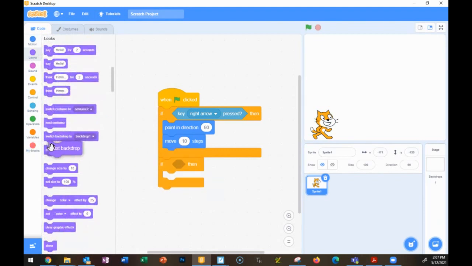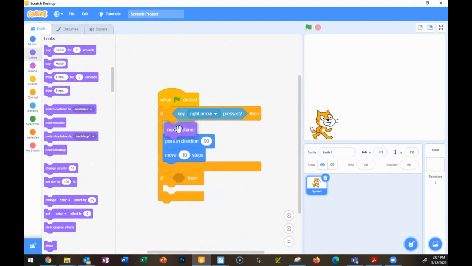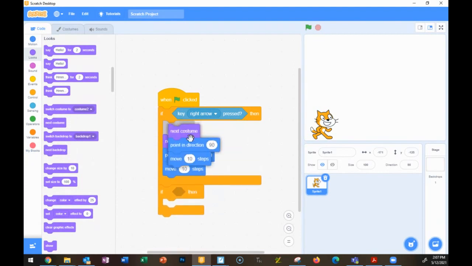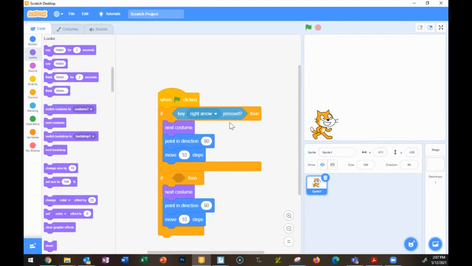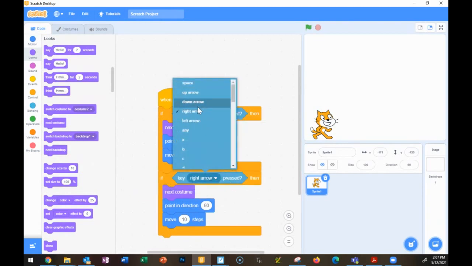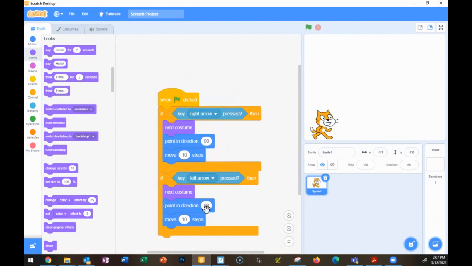Next costume. Okay, and I'm going to have very similar logic inside the other one, which is going to be left arrow instead of right arrow. Next costume, set direction to point in the other direction. Remember, if he flips upside down when you do that, it's because in this direction,